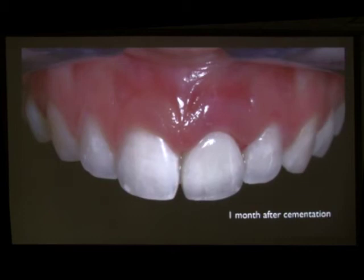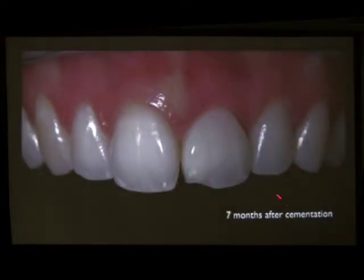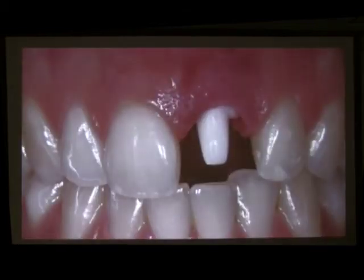But I want you to see the difference from 1 month. The gum is completely round, it's not defined, but when we look 7 months after, we see that the papilla is as normal as a natural tooth. So we prep again the whole crown, and this is the type of abutment. Sometimes we don't prep all the way to the abutment. Sometimes we prep the old crown, and we make a new crown on top of part of the old